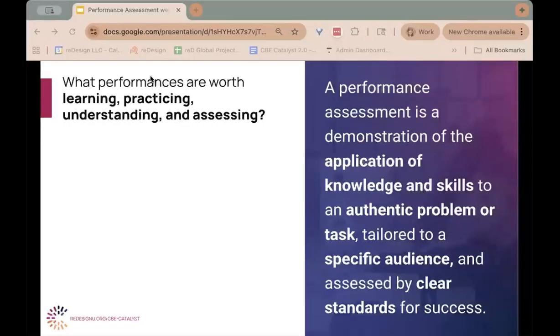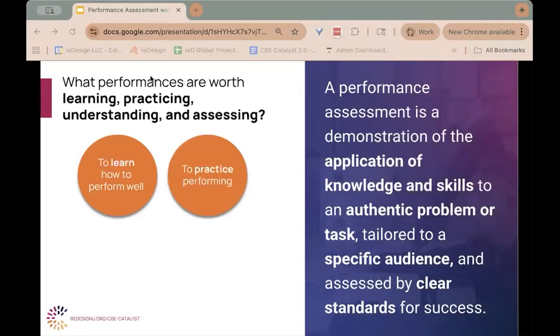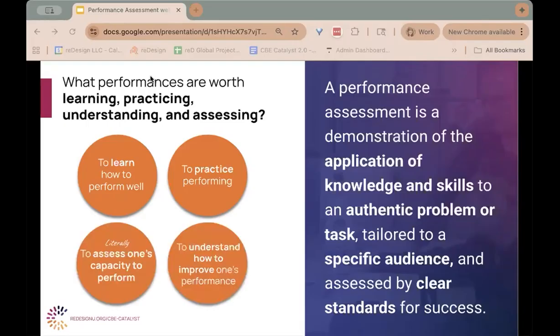Strong performance assessments, again, to reiterate what Antonia said earlier, ask learners to learn what it looks like and means to perform something well, to practice the thinking and work of that performance, to assess their ability to do that performance, and to reflect and then understand what it looks like to improve and what their next steps might be.